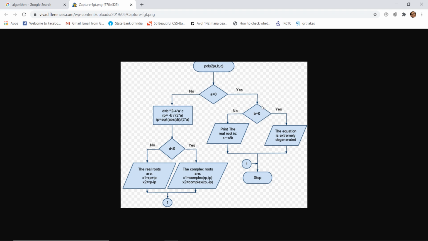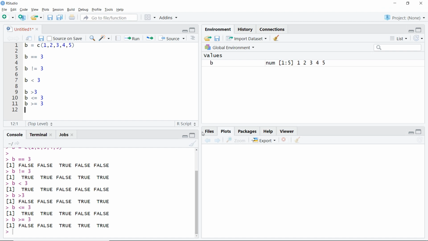Similarly here we are saying if b is equal to 0, then do this, and if not, then do this, and so on. So in any algorithm, we use these kinds of comparative statements a lot. So one of the first things that we are going to learn where we use a comparative statement is the if-else statement.